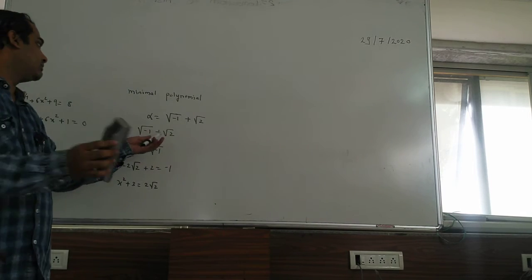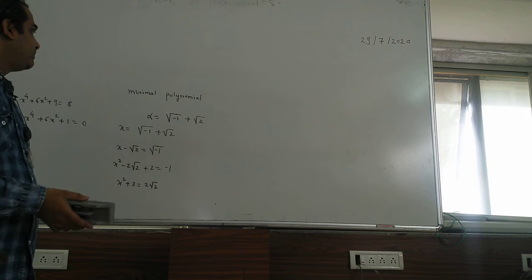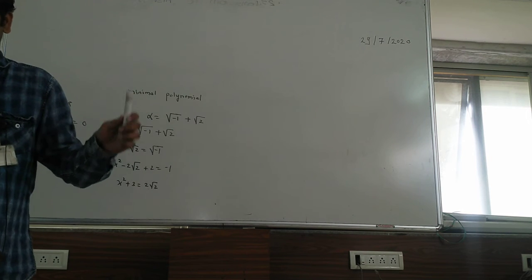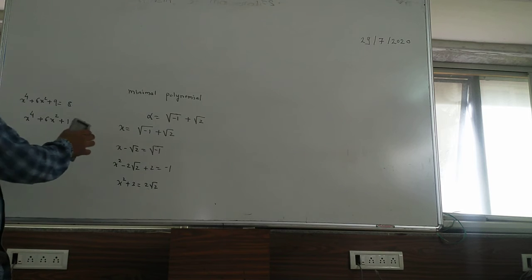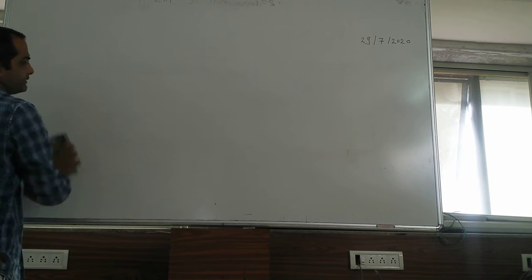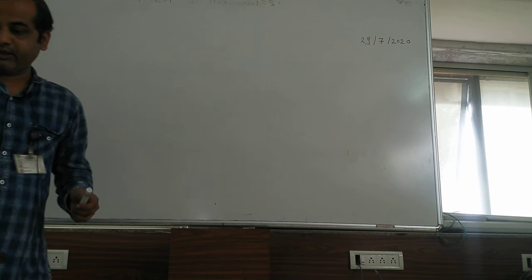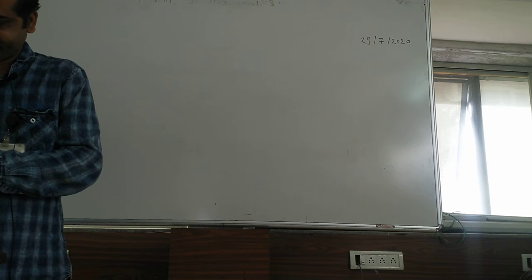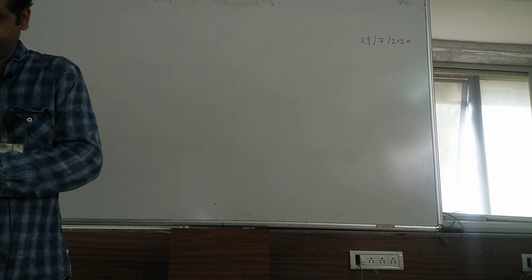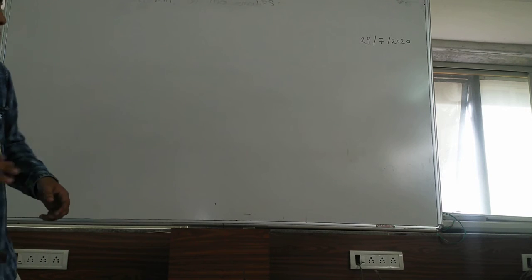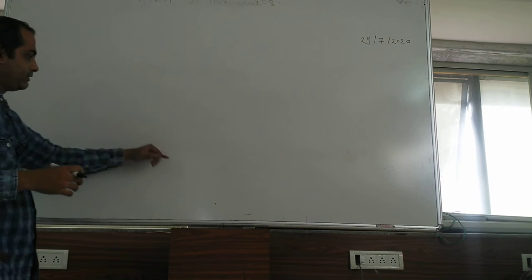You can take anything, 1 plus root 5, 2 plus root 5, and just use this procedure. That is the simple procedure. There are lots of calculations and lots of exercises based on this. So we will now have some theoretical exercise so that we can have the calculations. See, for example, that is the interesting thing.